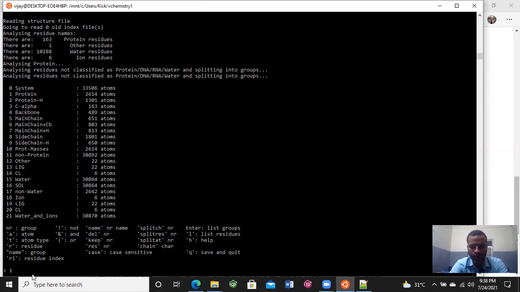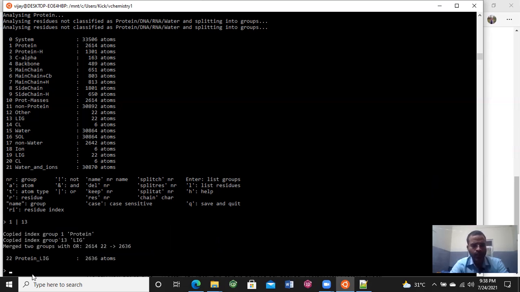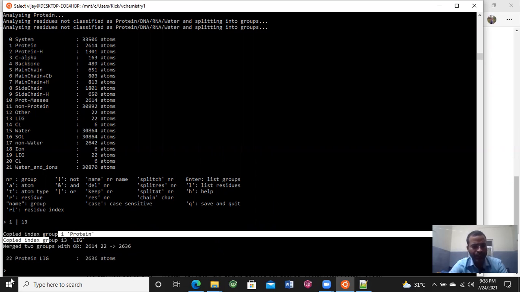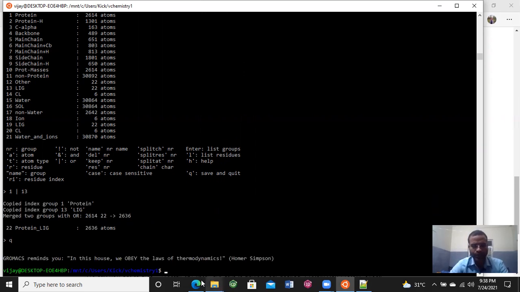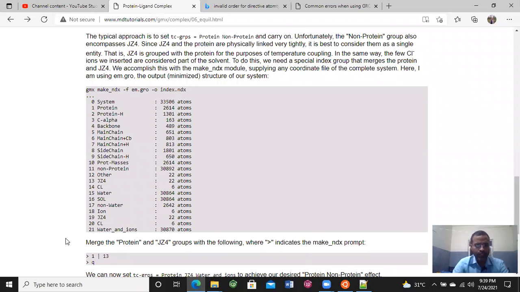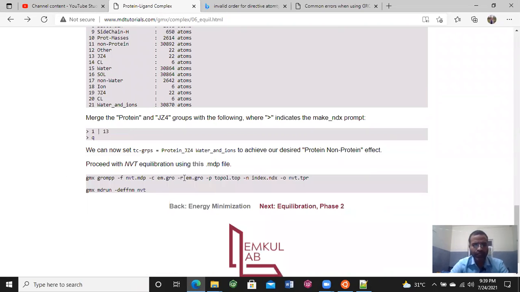So here I am typing 1 space 13, enter. Now, as it says, the index file is created for the protein ligand complex and another for the solvent and water, etc. So here we need to type Q and press enter. Now we need to move to the next command, that is the ensemble hypothesis or NVT equilibrium, the isochoric isothermal equilibrium.